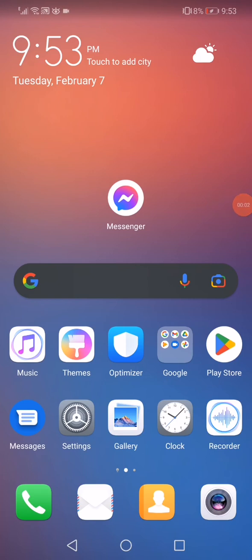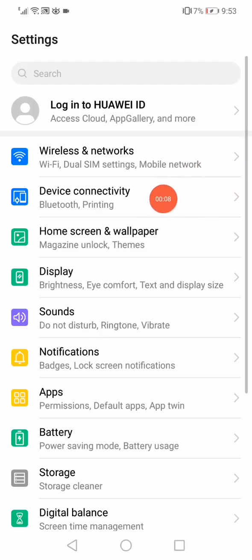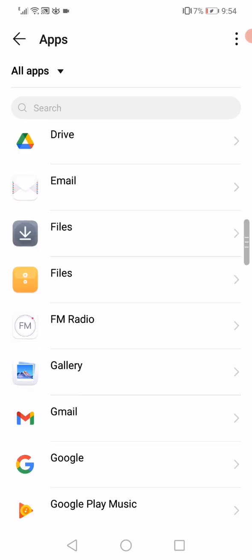How to fix Facebook Messenger can't open messages. First thing, open Settings, go to the Apps, open the Apps, wait a few seconds. After you wait a few seconds, now you have to scroll all the way down until you find